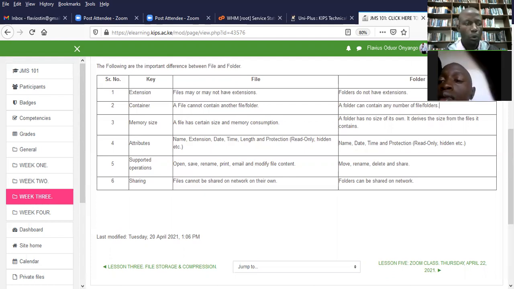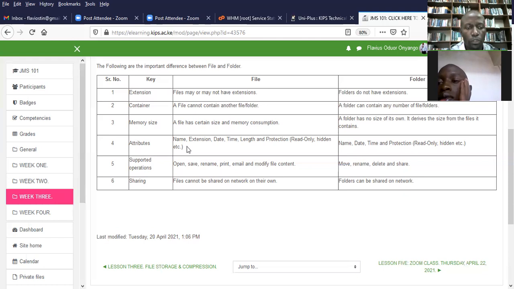This is why when you come to my desktop and I open this folder labeled Flavio, I'm able to see some other folders within it here. So these would be referred to as subfolders. So there's a difference between just a folder and a subfolder. A subfolder, note that it is a folder inside another what? Another folder. Am I clear? Yeah. Good.